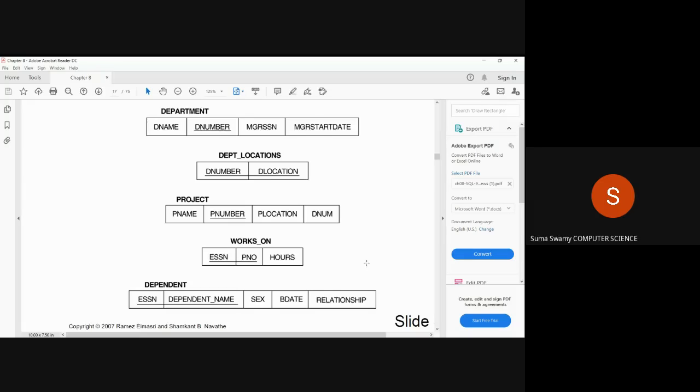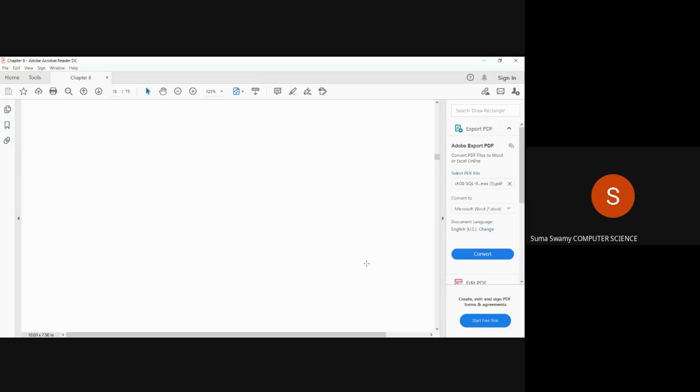Yes, ma'am. Now I will show the data values. Is it visible? No, ma'am. The same PDF I am showing. Ma'am, the screen is blank. Is it visible now? No, ma'am, it is blank. Okay, I will stop sharing and share it again.